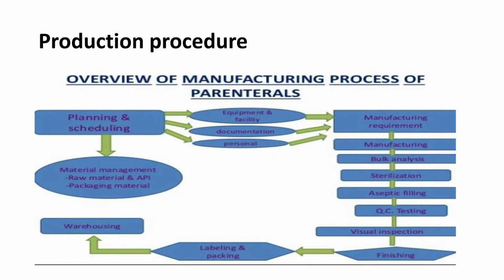So each and every operation before going ahead with production, for example the raw materials and the API, has to be completely sterile. The equipment used for manufacturing these parenteral products has to be completely sterilized, and the container closure, the final packing in which the parenteral products will be packed, has to be completely sterilized. Nowadays there are technologies for packing parenteral products, like blow fill seal technology, whereby they are formed immediately, then filled, and then labeled.